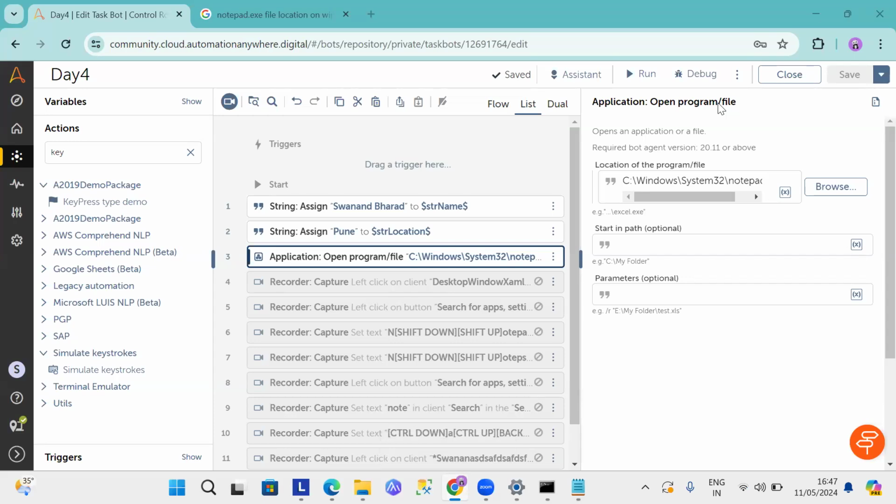Partha Sathi, I want to hear your voice. Are you there? Vineet,